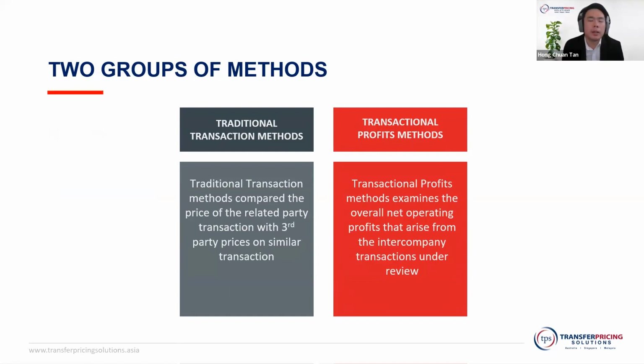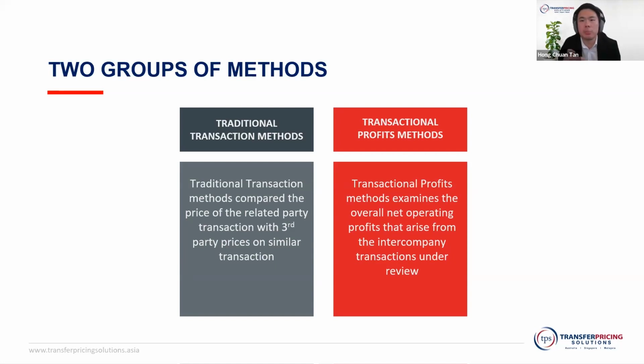Yeah, I guess it has to do with the historical way of grouping it, right? First up, we have the traditional transactional methods, where it's grouped into your comparable uncontrolled price, resale price, and cost plus, right? So this is where the traditional methods are used to actually compare the real transaction against the prices, not just prices, but the margin, the gross margin itself on similar transactions, right? That's where it has all started, and then it has evolved into